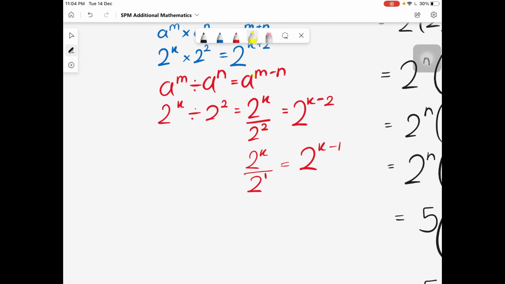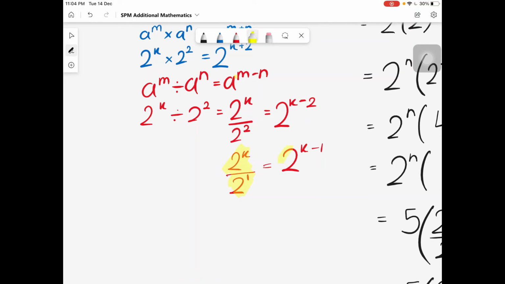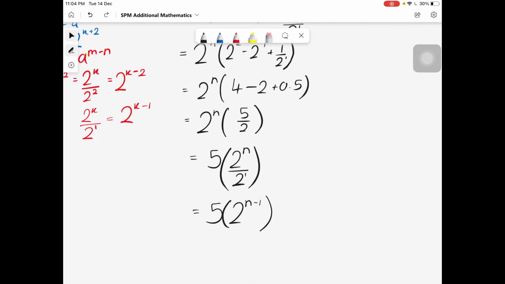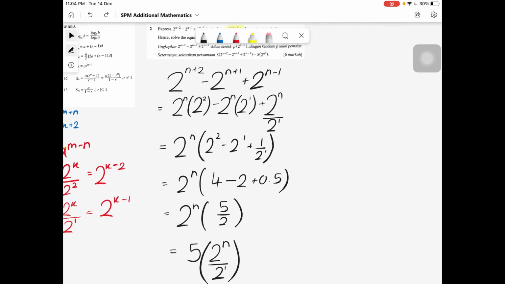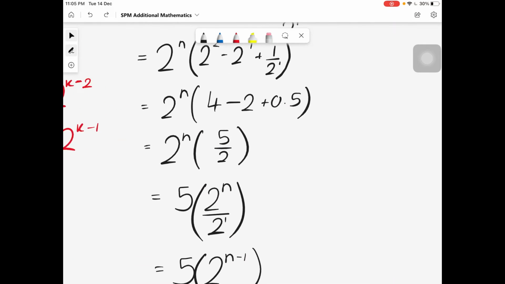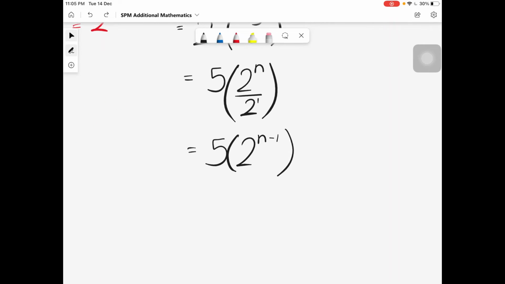Basically the same that we have determined over here. 2 power x divided by 2 power 1, we have answered it to be 2 power x minus 1. So does this satisfy the equation in the question where we need p multiplied by 2 power n minus 1? So the identity that we want in the question is